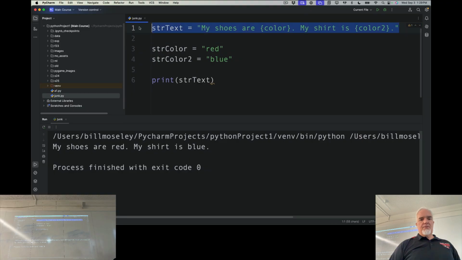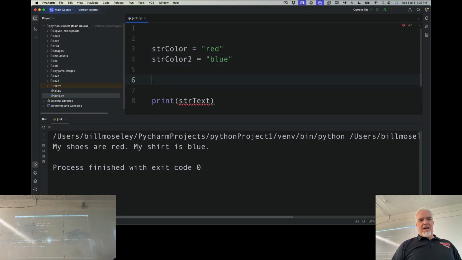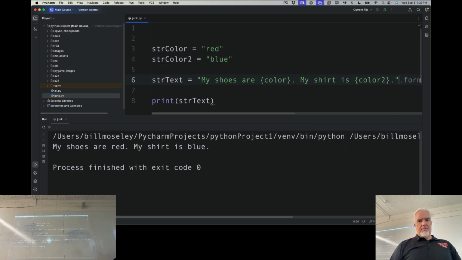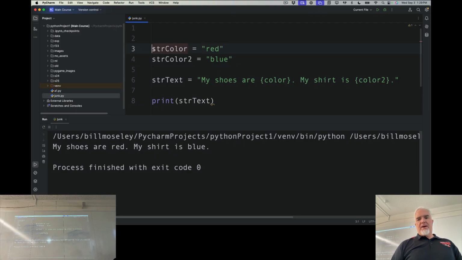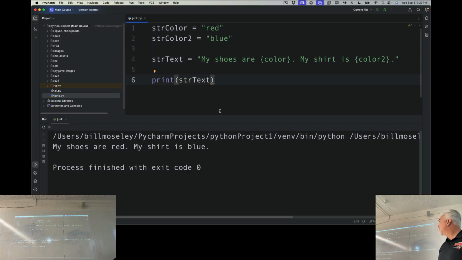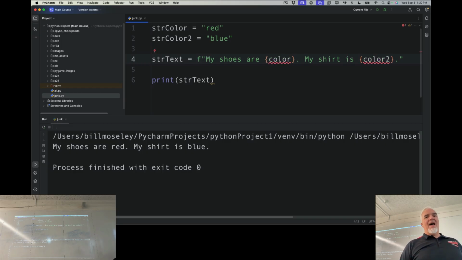I'm going to take this string and I'm going to move it down below my variables because what I want is to define my variables first. So I've got str color is red and str color 2 is blue. So all I'm going to do to change this string into an F string is put the lowercase f right in front of it. Now, right away, what you'll notice when I do that,